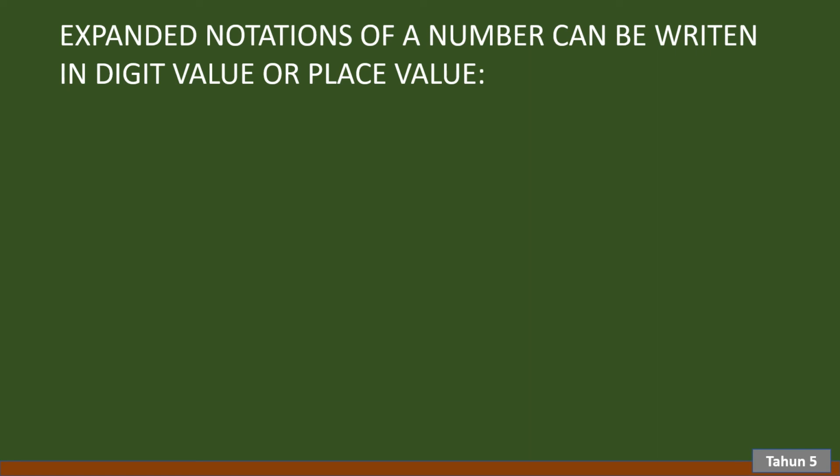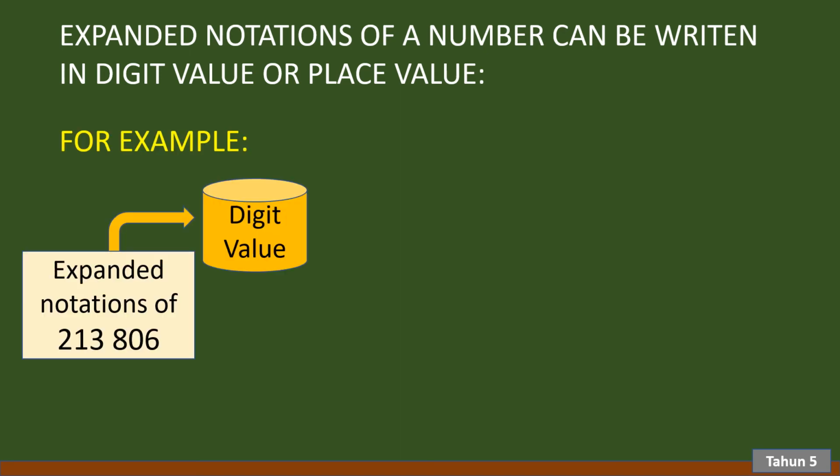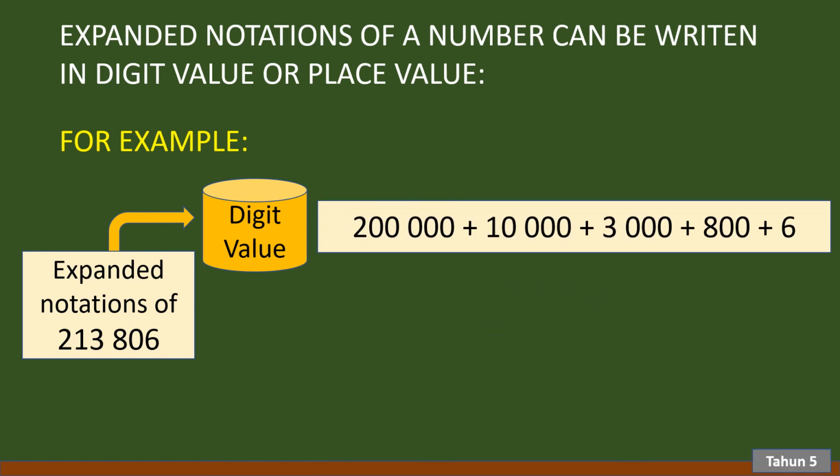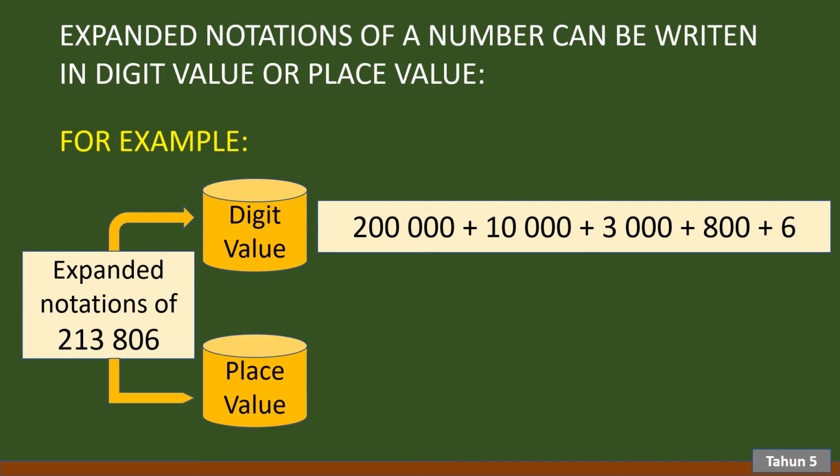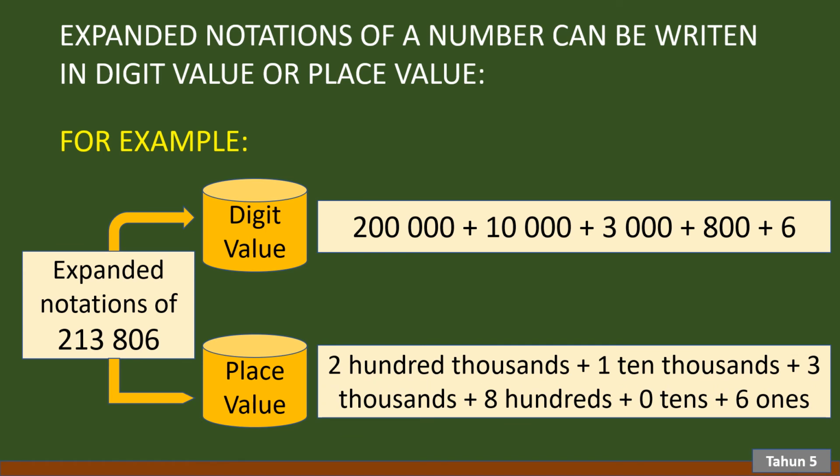Expanded notations of a number can be written in digit value or place value. For example, expanded notations of 213,806 in digit value is written as, expanded notations of 213,806 in place value can be written as